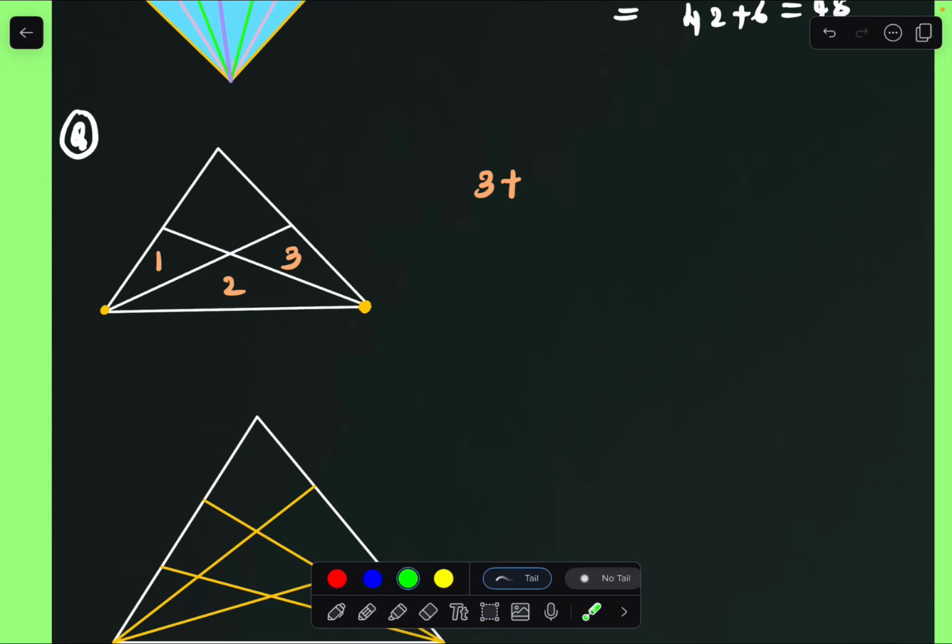And now by joining this particular part, it is one triangle, the upper part one triangle, lower part one triangle, so we'll get two triangles here. And here also the same thing. By joining this particular part, upper part one triangle, lower part one triangle, so we are getting two triangles. Plus the bigger triangle, one triangle, we can get it, right? And the total number of triangles, here we are getting 8 only.